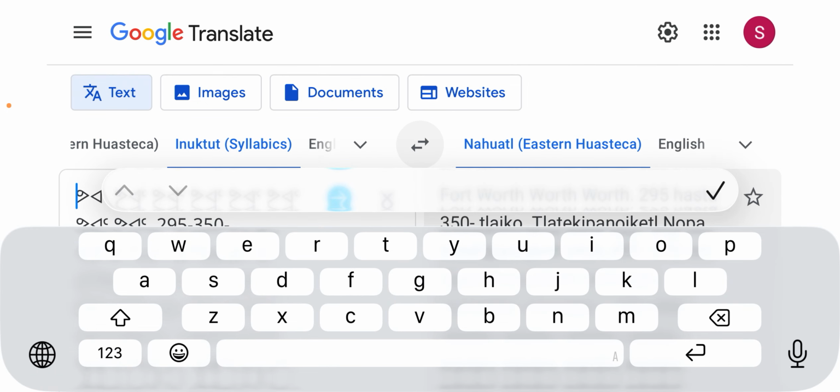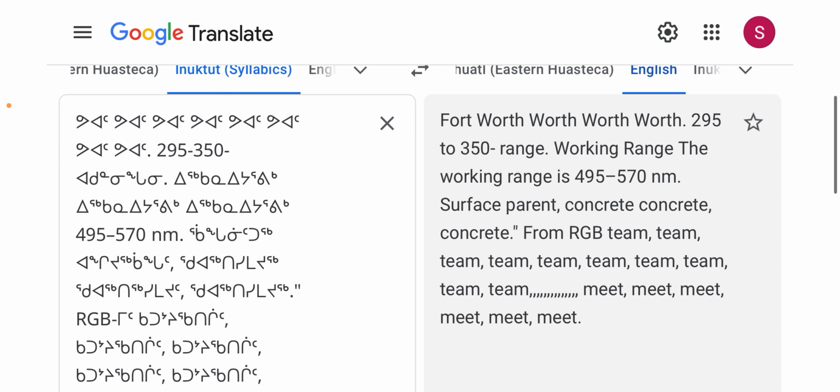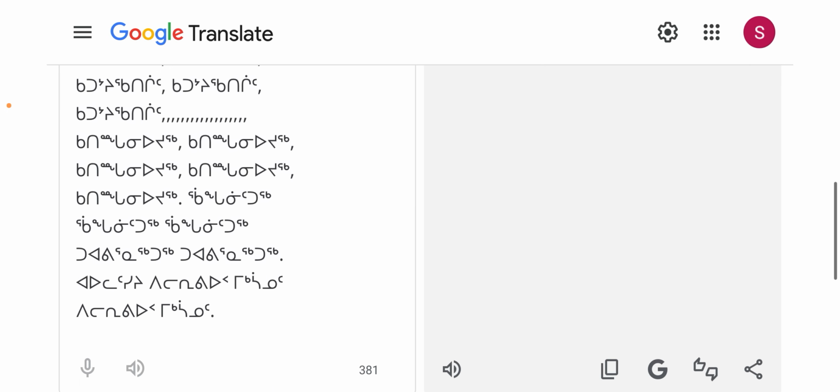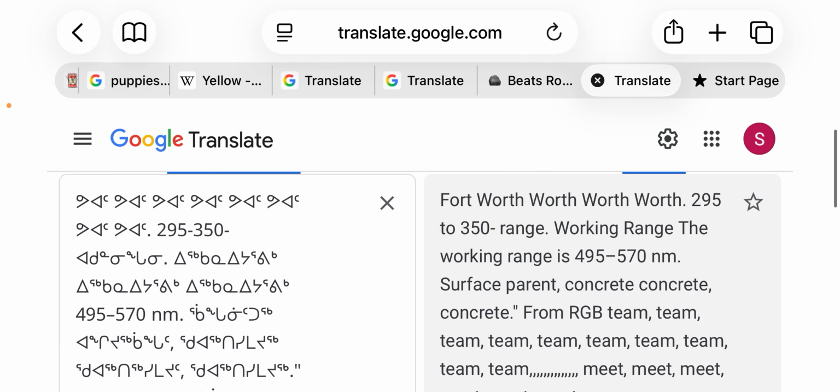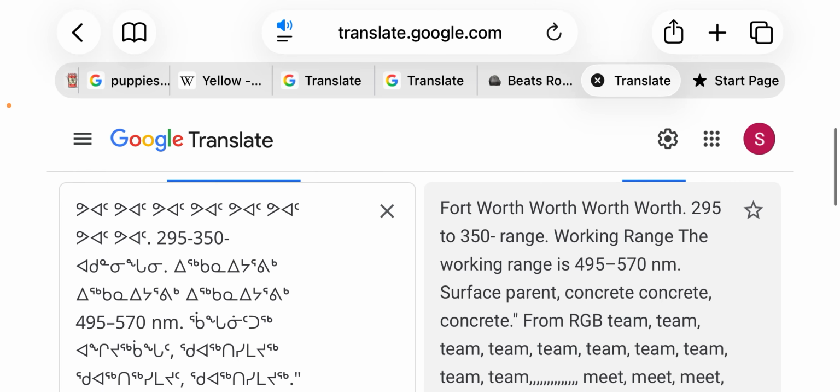So then you translate this into English, and then, Fort Worth, 295 to 350 range. Working range. The working range is 495 to 570 nanometers. Surface parent, concrete. From RGB team,